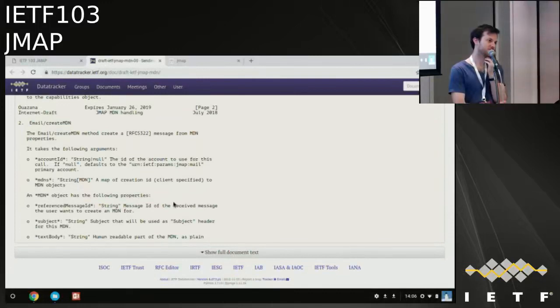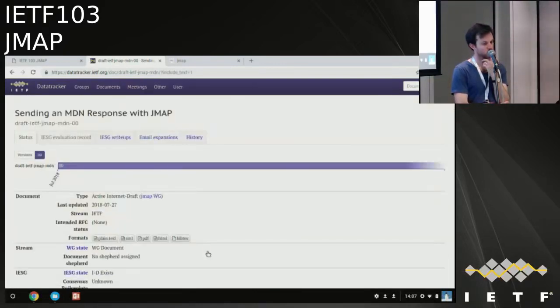Personally, I'd like to have a bit of a use case of how to use MDN, a reference to the MDN send keyword, and maybe to the reference to header, for having an idea from an implementer's point of view of how to be using JMAP to be sending, requesting MDN, and managing state of MDN.